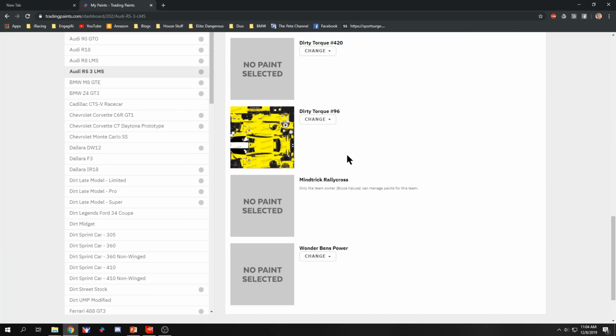Now on that same car, first off, I should point out, I'm a Trading Paints Pro member. It's my understanding that originally they only made this available to Pro members, but I heard someone say, I don't know if it's true or not, that non-Pro Trading Paints members can now do this as well. But anyway, so once you've uploaded your actual car's TGA file, now you go down and you add a